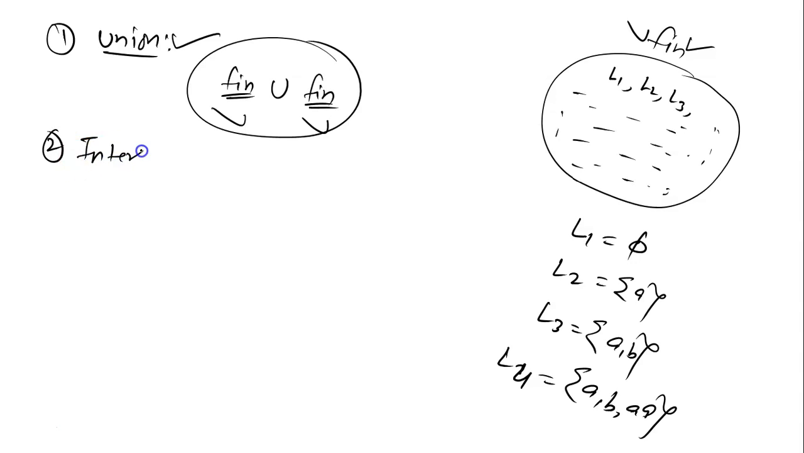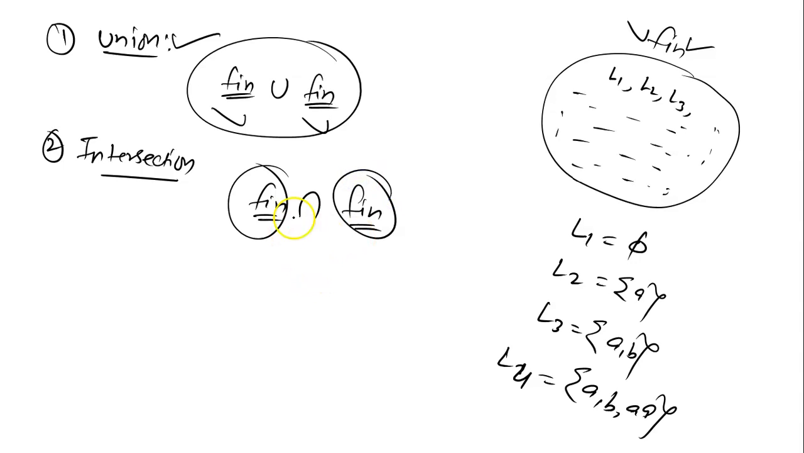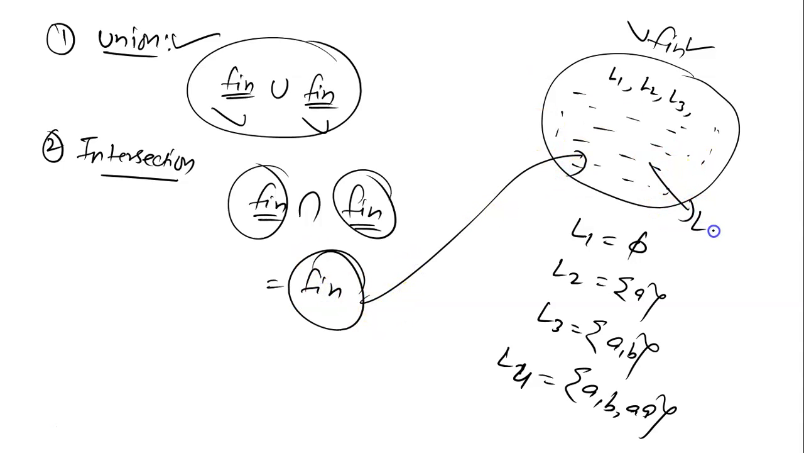Similarly, you can say intersection. Let's see the intersection operation. If you have a finite language and another finite language, and you take their intersection, then what will happen? The intersection of 2 finite languages will also be a finite language. So if you take L1 and L2 and take their intersection, this result will also be a finite language. Hence you can say that the intersection of 2 finite languages is always a finite language. So the set of finite languages is closed under